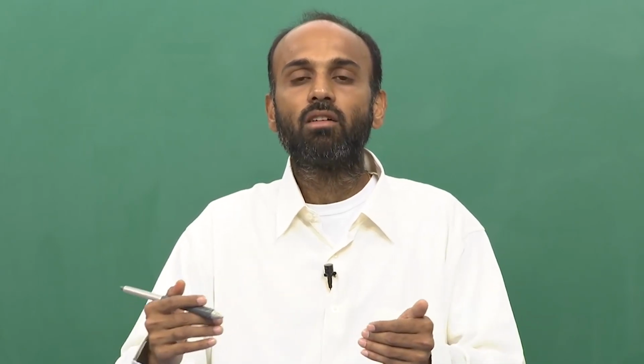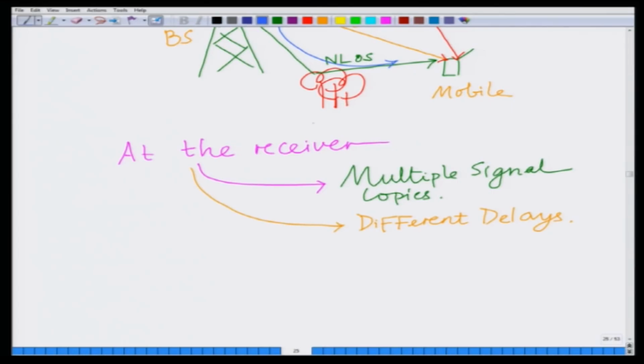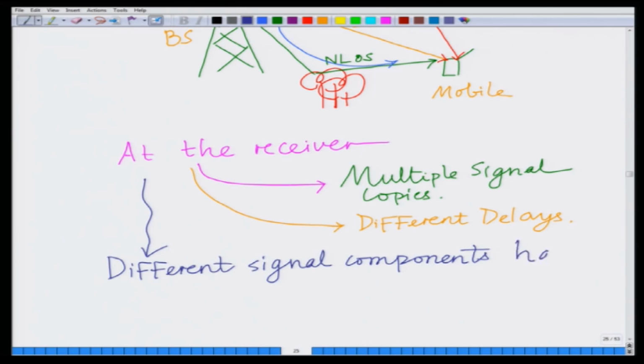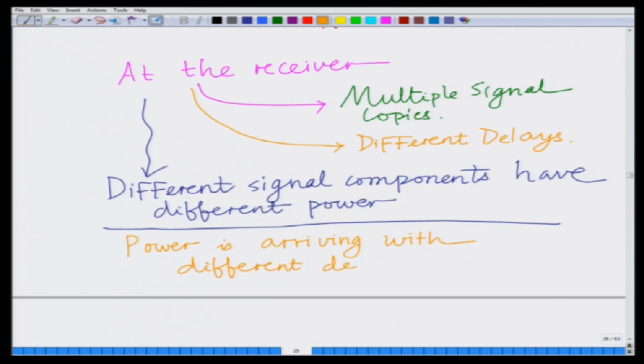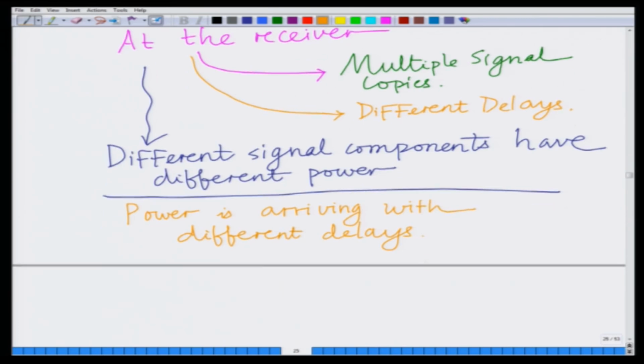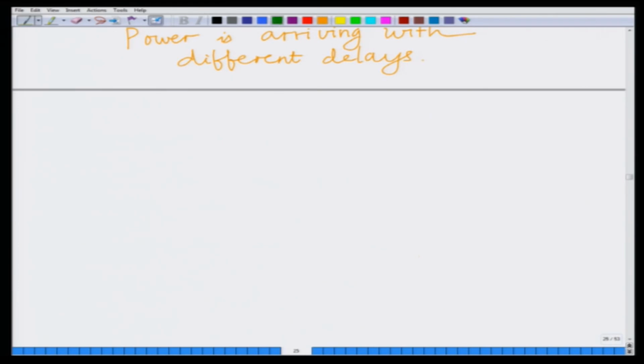So, one can say that the power is arriving with different delays, and therefore, in a wireless communication system we consider what is known as